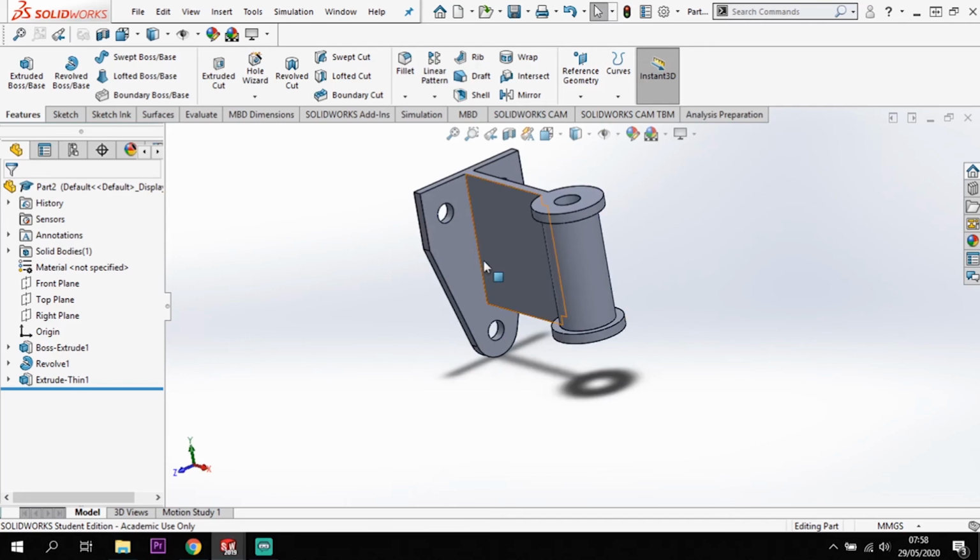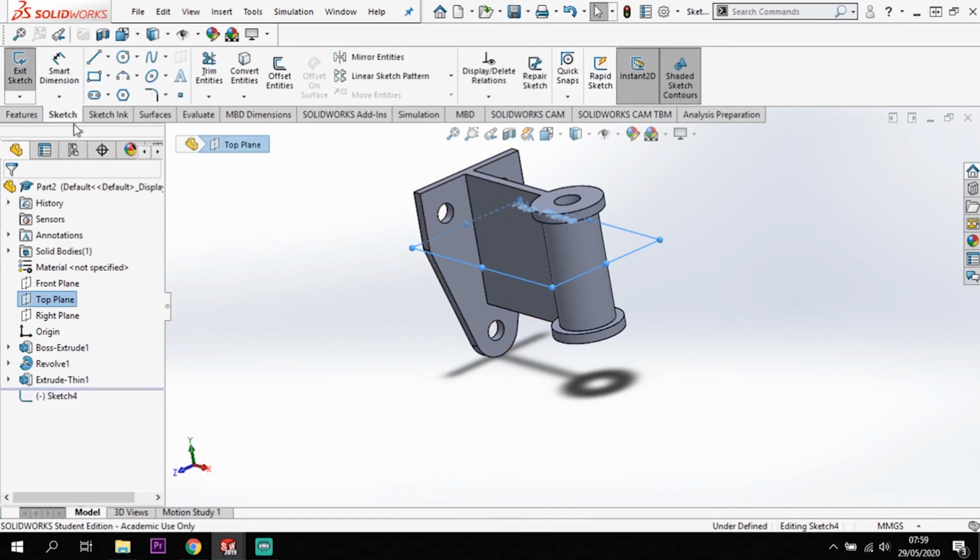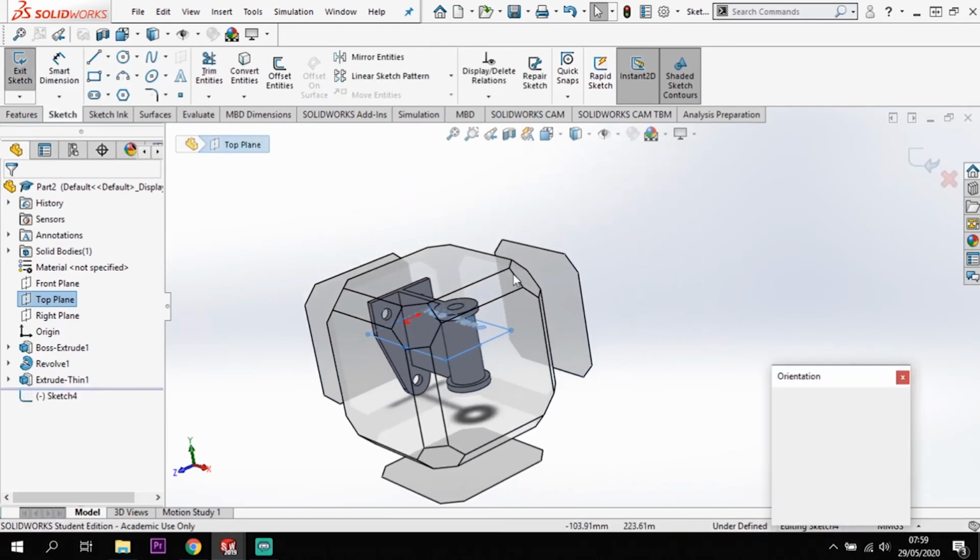Now the last part of this then is adding in the ribs. So for the rib section, now when we first started modeling this, I offset this top face here 35 mm down to the top plane. So the top of my centre line, 35 mm down to the top of my plane here. So I'm going to use that plane for my rib. So I'm going to sketch on that plane. I'm going to go to my top view here,